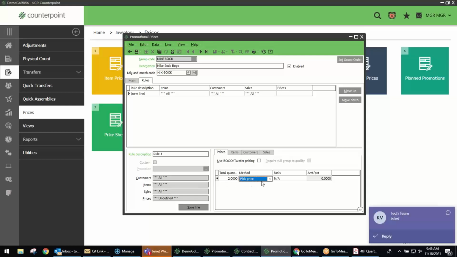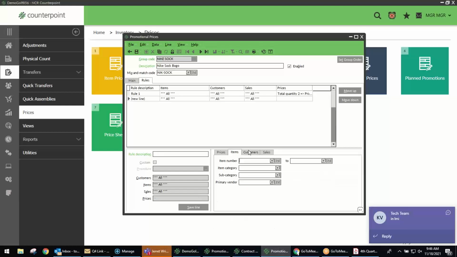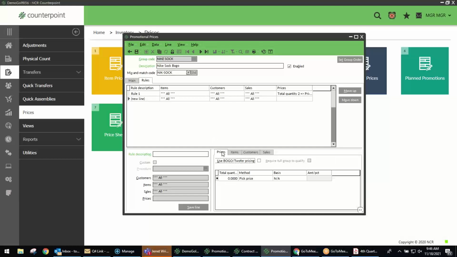Now, even though that's how people phrase it, the way we in Counterpoint typically would create this rule is we would actually do it like this. And again, it seems odd that I didn't do any filtering on the items tab, but I don't need to do that simply because this mix and match code is going to be in the driver's seat. So at first glance, this might look a little bit odd. You might say, I'm not quite sure I'm getting this, but if you think about a sale, a BOGO,